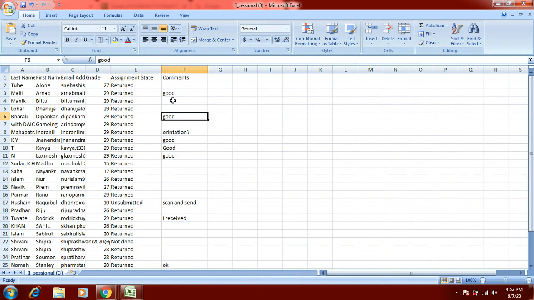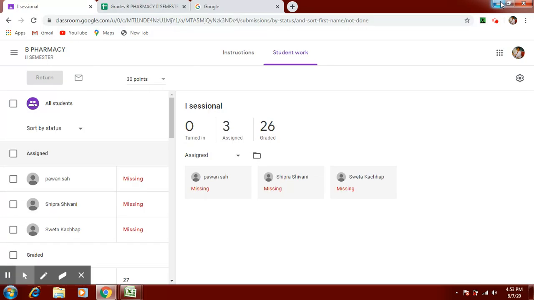For a particular student, you get the email address, grade, assignment status, and comments for that assignment. Returned means you have corrected and returned the assignment to the student. Unsubmitted means they have submitted the assignment but you have not returned it. Not done means they have not submitted the assignment. You can see all these when you choose the last option.